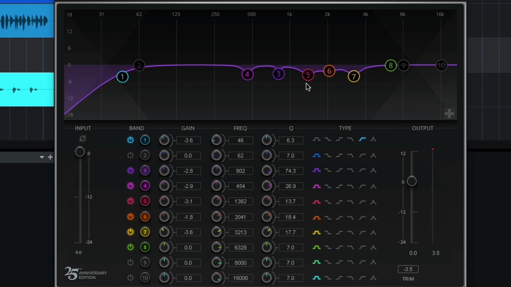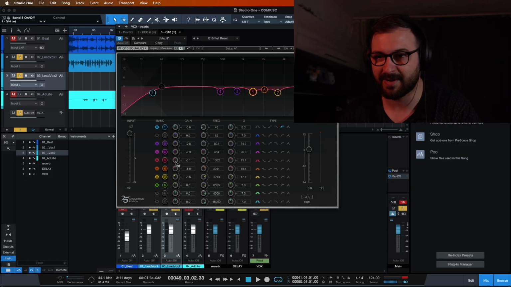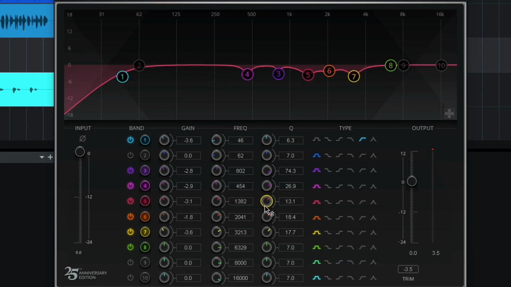If you ask me now, the overall volume of the vocal seems to be a bit lower, and that makes quite a lot of sense because most of the times we have reduced stuff. We have not added too much gain on the whole vocal. For example, here in between 5 and this maybe 3,213, we have mostly reduced, around 3 decibels for each frequency band. Okay, maybe I can make this a bit thinner. Yeah, that will do. And this is normal.